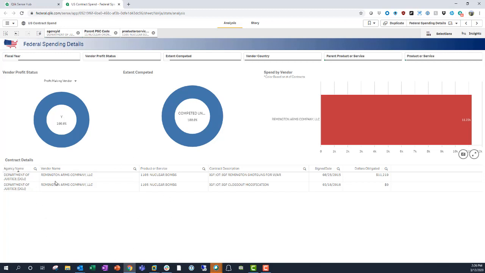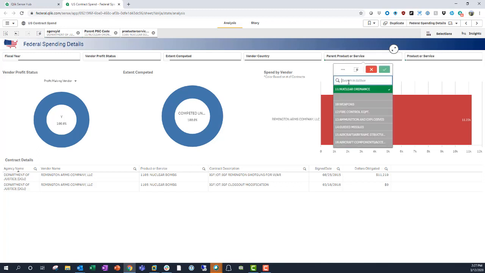I can first see that, hey, it's just a single vendor, Remington Arms Company, which I'm pretty sure Remington does not sell nuclear bombs. And looking here at the contract description, I'm seeing Remington shotguns for W/AR. So one thing I have a question on is, hey, if I see this product or service code here of 1105 for nuclear bombs, how similar is that product or service code to shotguns or guns. And up here we have parent, product, or service, and I can see that weapons is